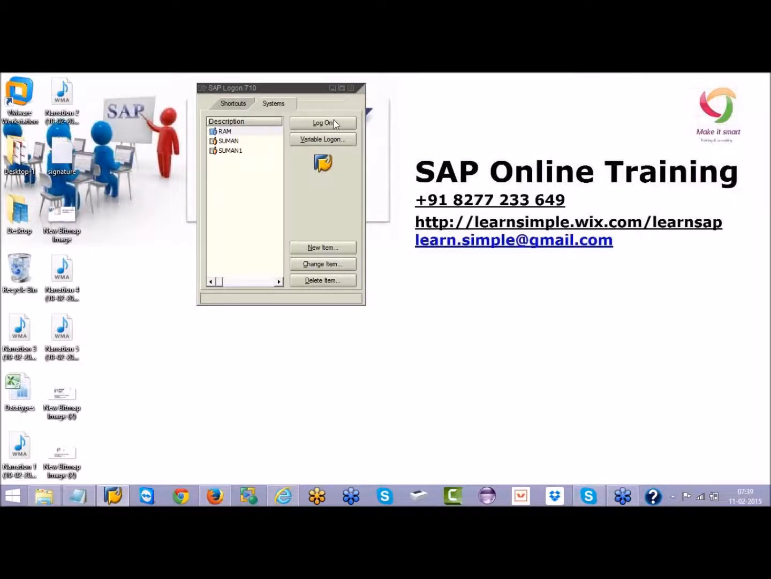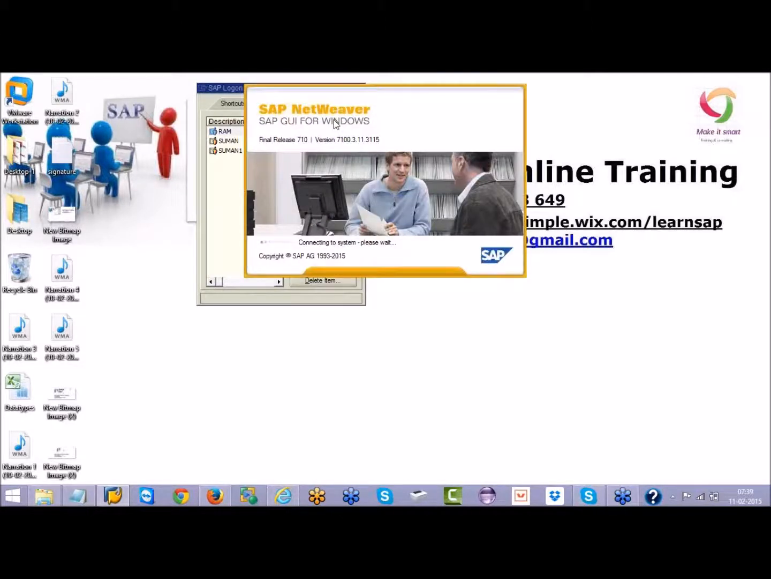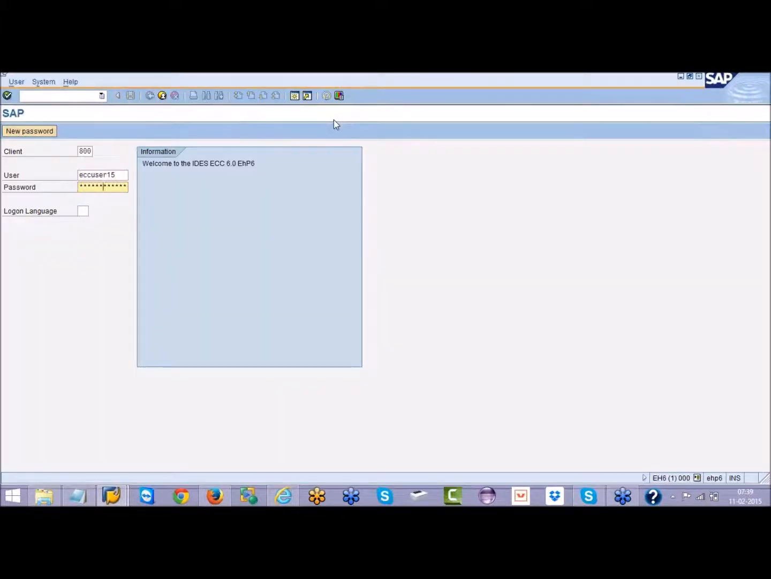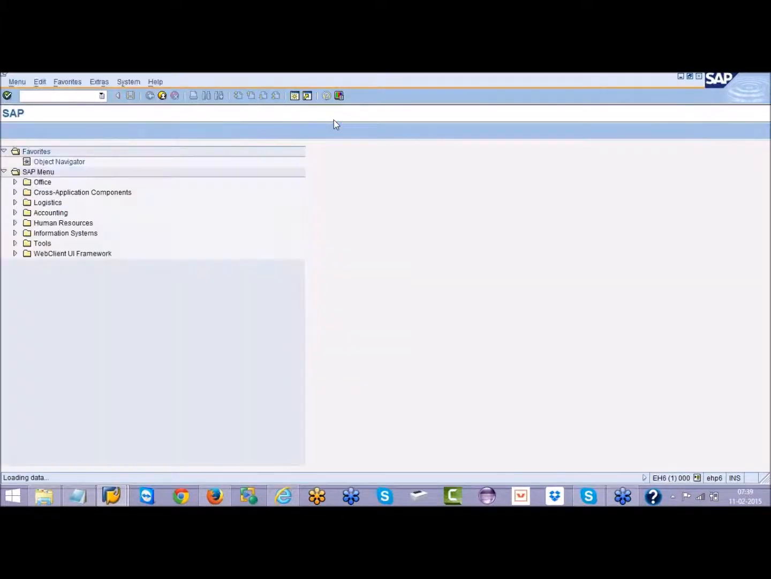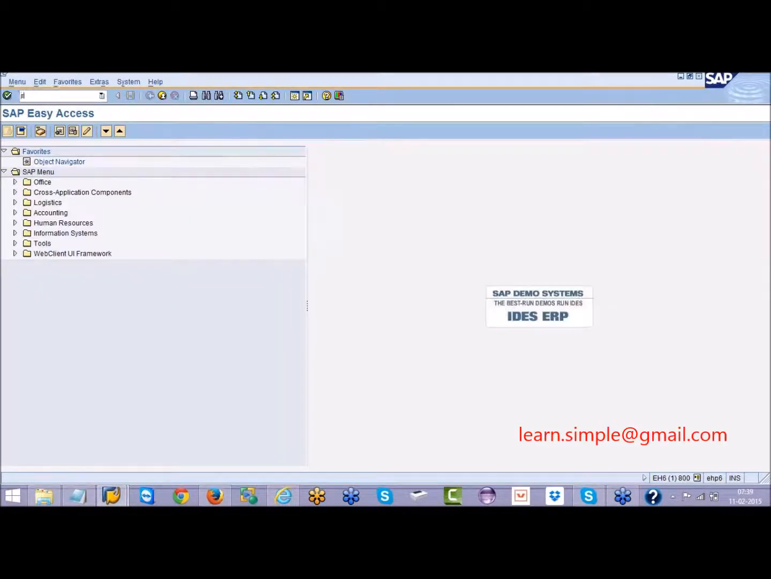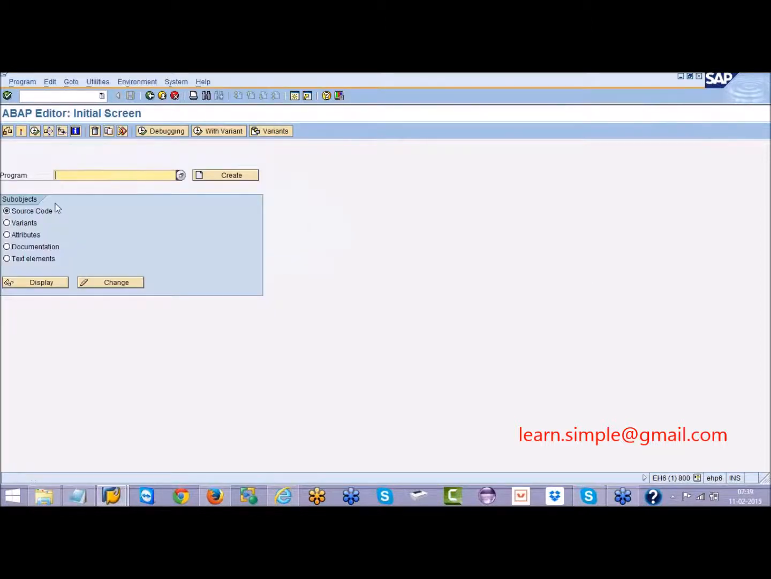Okay, so welcome back, and today we are going to see further development in the programming part. So remember, if you want to create a program, you have to go to the SE38 transaction from the beginning screen, and here you have to give some name. Yesterday we created two programs. In the last program, what we have done is